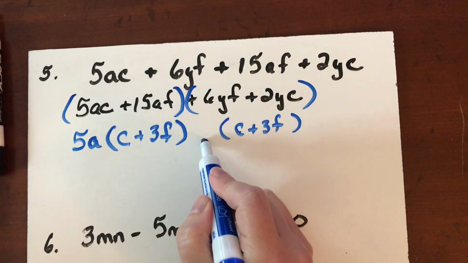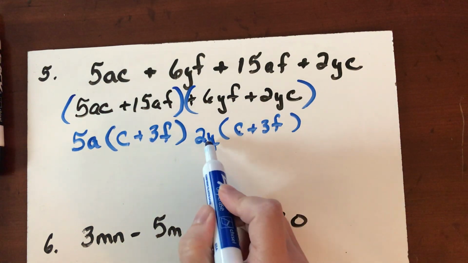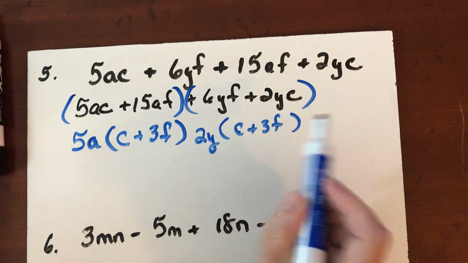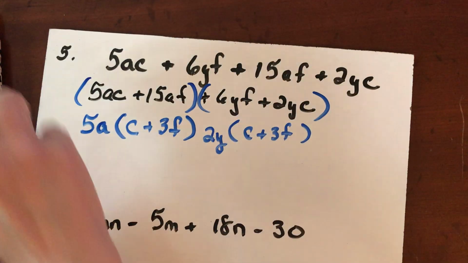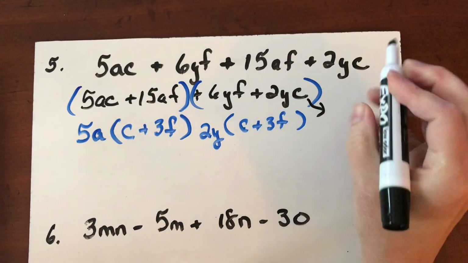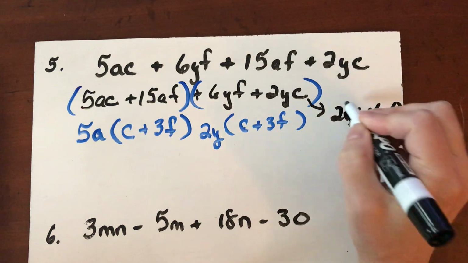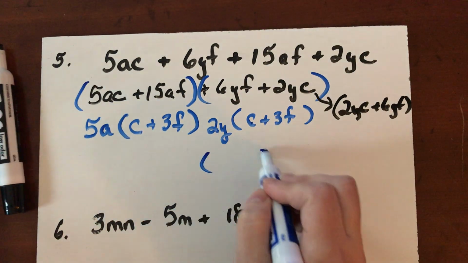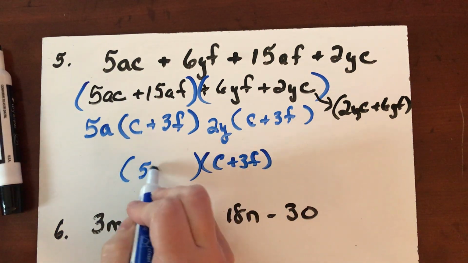So C times what is 2YC? 2Y. Now is 2Y times 3F 6YF? Yes. Now that'll work because these are both positive. I could do that. I could reverse it. If you wanted to, you could just come down here and rewrite it as 2YC plus 6YF and then group it from there. Okay? So then I have my C plus my 3F, and then I have my 5A plus